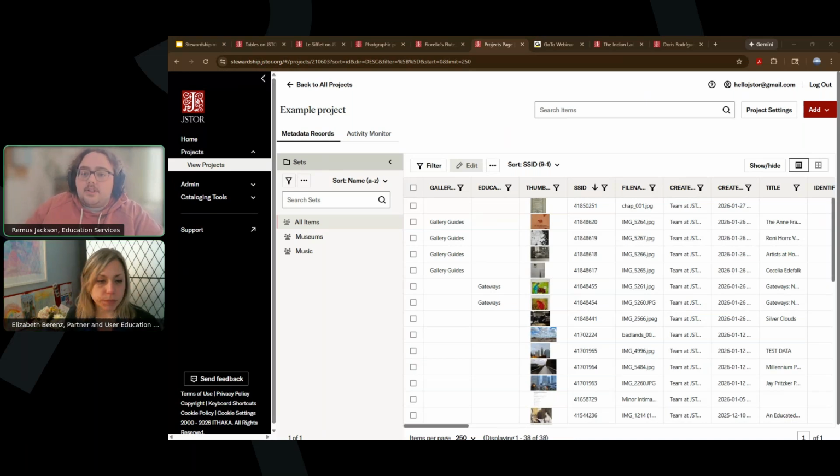Yeah. This is a good question. Can you explain the difference between containers and compilations? So what might work best for an exhibit or gathering content for a class session, things like that? Yeah, that's a good question. So I think